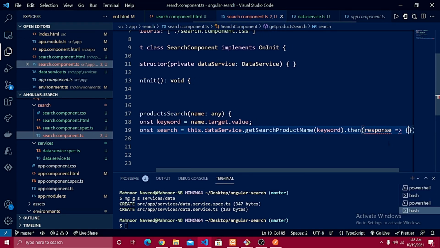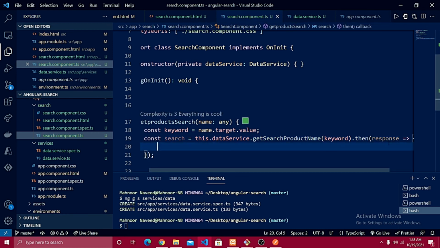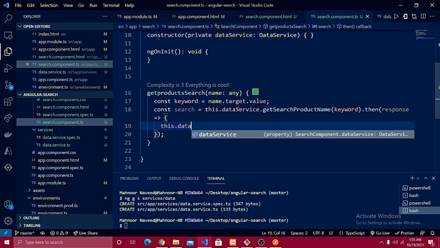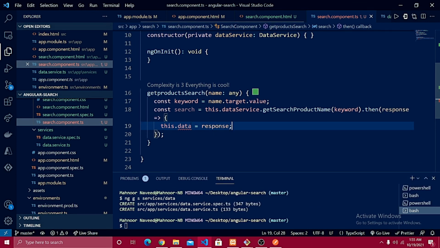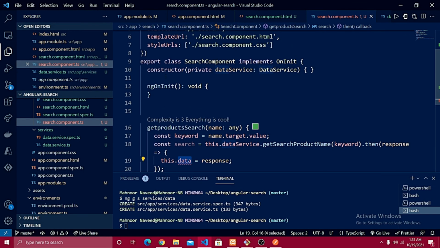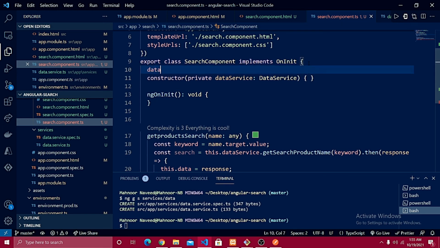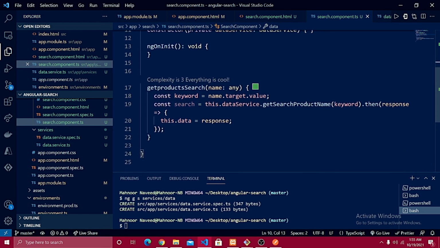and right after the response we have here, let's define this.data equal to that response which is coming from, right? This should be of type any, and I'm going to define it right after the export class, so data of any, and that's it. And if I just try to console.log this.data, we need to define one more